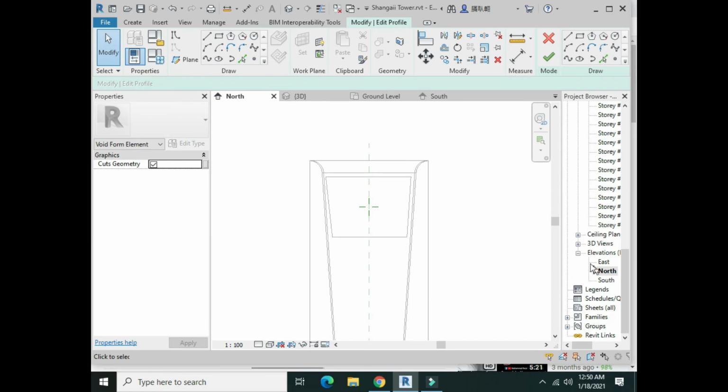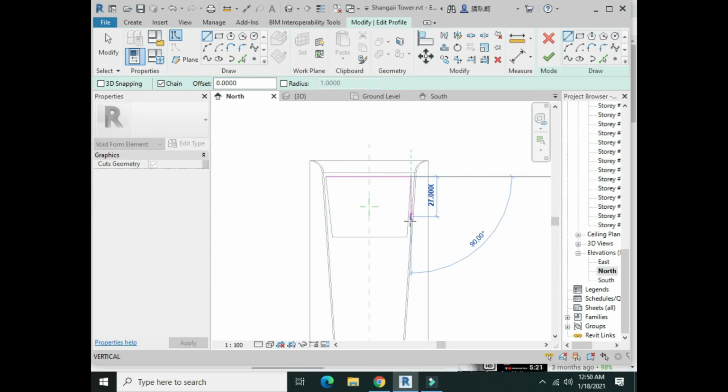Now we have to model a rectangular trapezoidal structure in it, and we have to move towards the north elevation and create a trapezoidal structure. As we can see in Shanghai Tower, there is a trapezoidal structure at the top of the tower. So we can model it by clicking the line. It may already be modeled, but we have to click on it again, so we can model it on the same lines, and then we will close the polygon structure, and then we will go to finish edit mode.